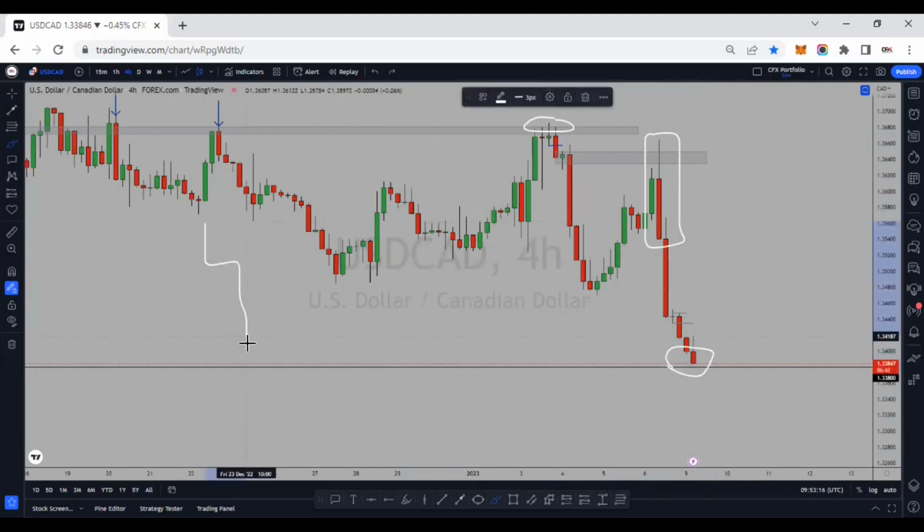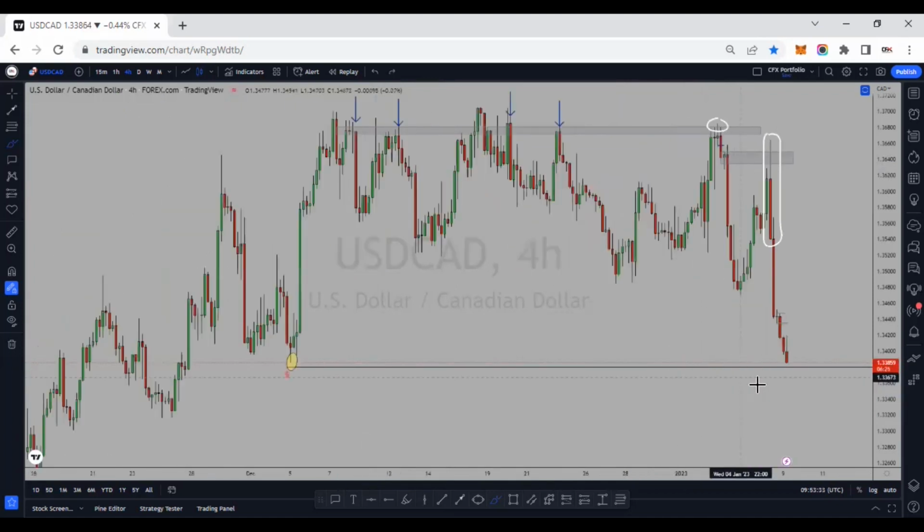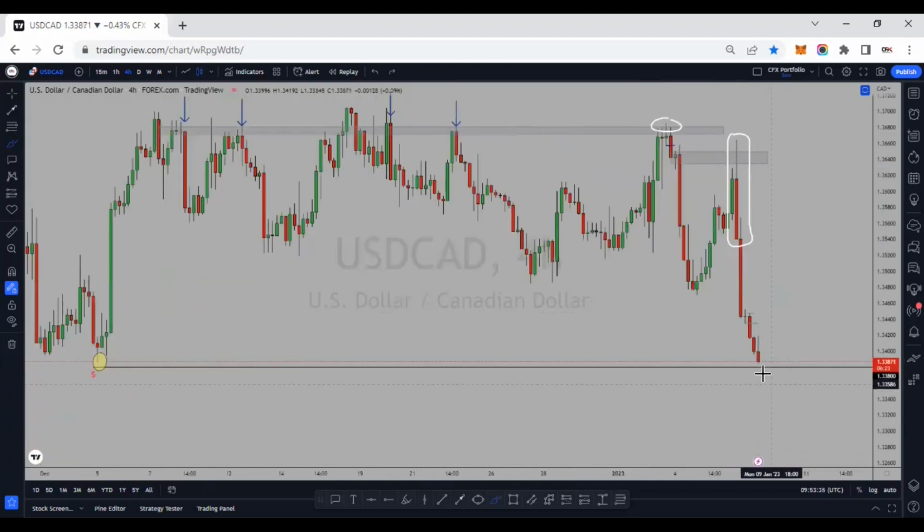Remember, when the market is trending down, creating lower lows and lower highs, after every lower low, your best bet is to buy the market instead of selling, because if you are selling somewhere here, you'll be selling too low. You understand? So yes, on USD CAD, I'm looking for a buy. I'm not just going to buy blindly. I need to wait for a pattern. I need to wait for confirmation before I execute a buy on USD CAD.